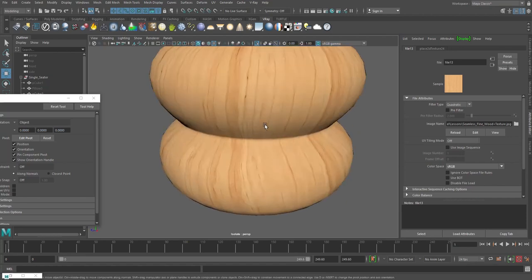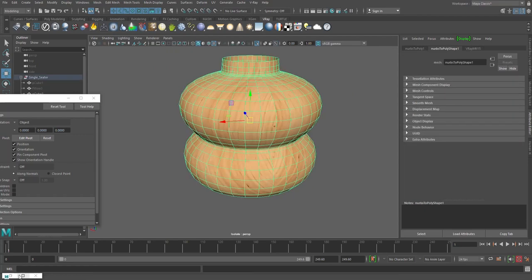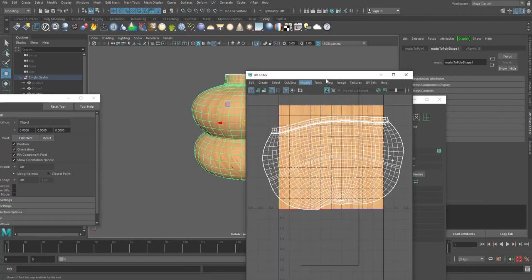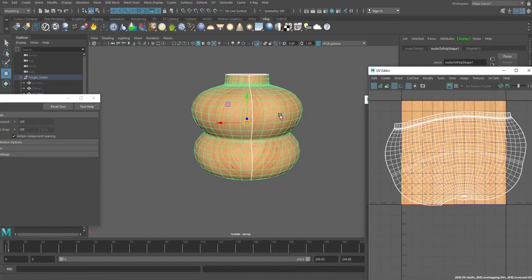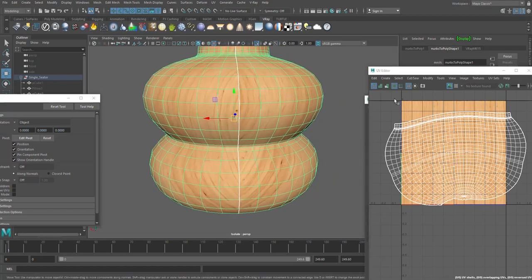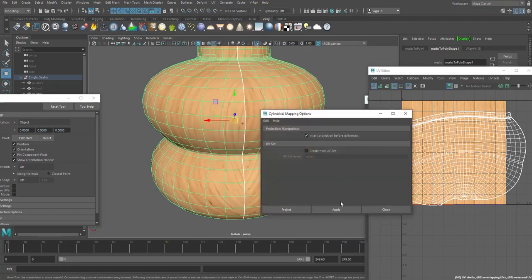I might prefer this if the model is going to be that far away, but let's fix this properly. This map will not work properly with this unfold method, with this type of UV textures here. So what we need to do now is to go back and apply our cylindrical method with this,